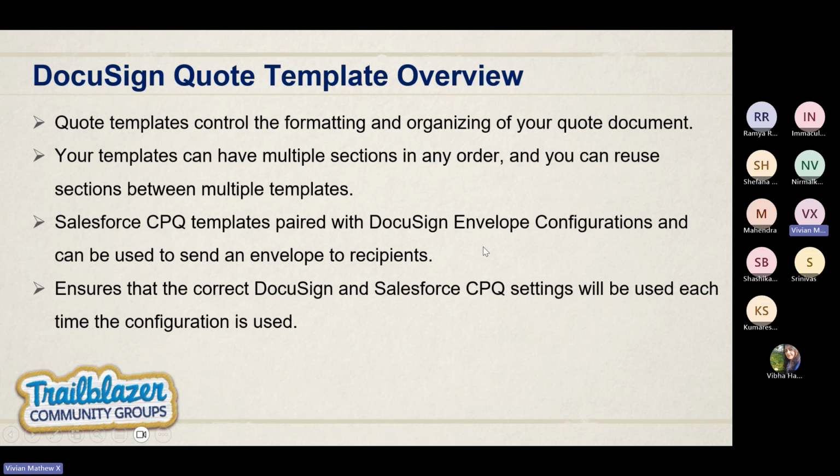So, the DocuSign envelope configuration: once you install the DocuSign e-signature for Salesforce CPQ in your Salesforce org, you'll have a DocuSign e-signature app available in your Salesforce. In there, you'll have some settings, and you'll be able to see the DocuSign envelope configuration. From here,